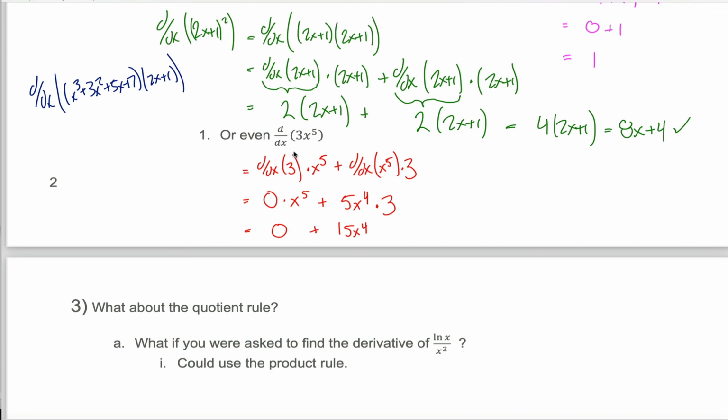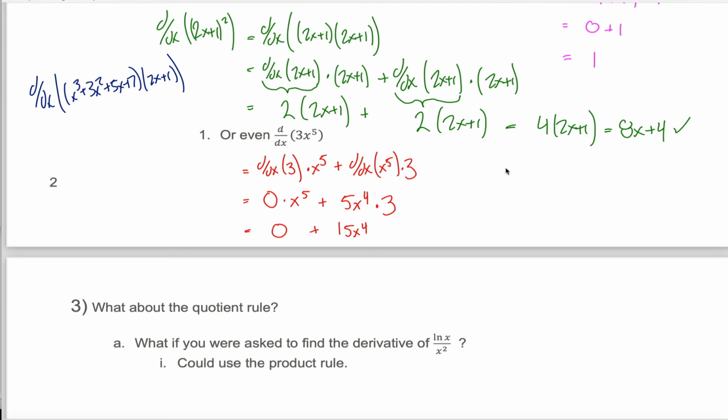There's no reason to use the product rule when one of the two things in the product is just a constant. Because what ends up happening is the half of the product rule that takes the derivative of that constant just goes away. It'll always turn into 0. And then the other half of the product rule will leave the constant alone and multiply that by the derivative of the function, the x to the 5th. Essentially, this half of the product rule acts like the coefficient rule, where you don't take the derivative of the coefficient, the 3, you bring it out in front if you want, and just multiply that by the derivative of